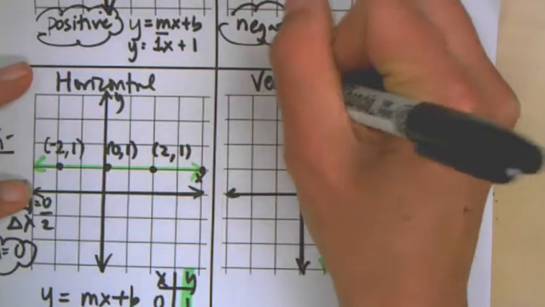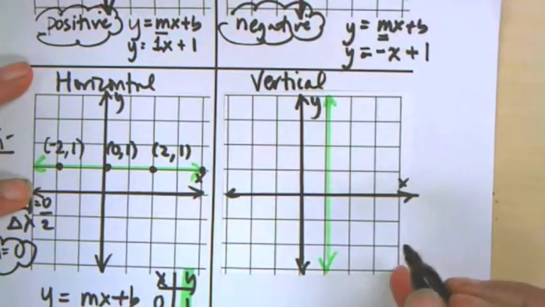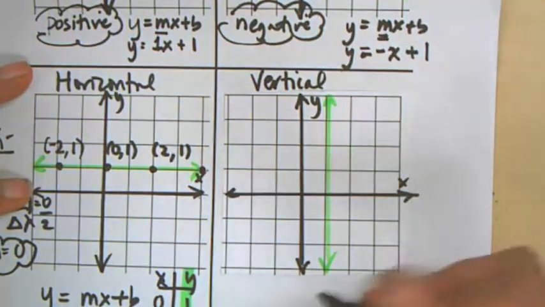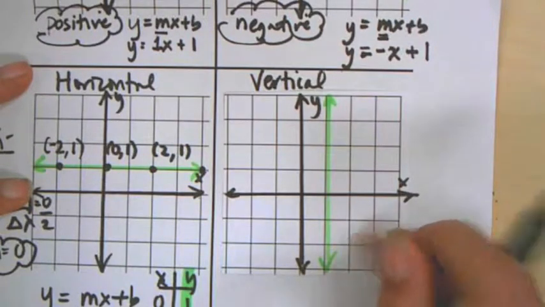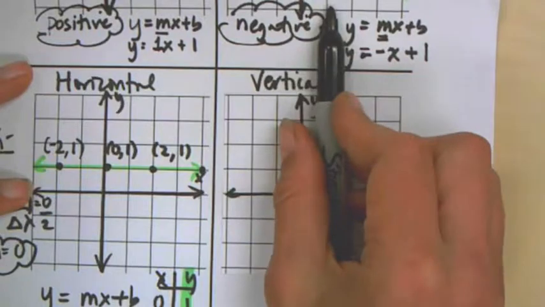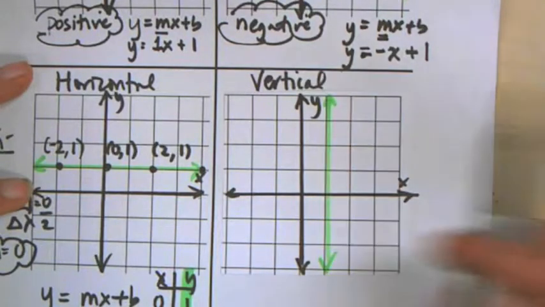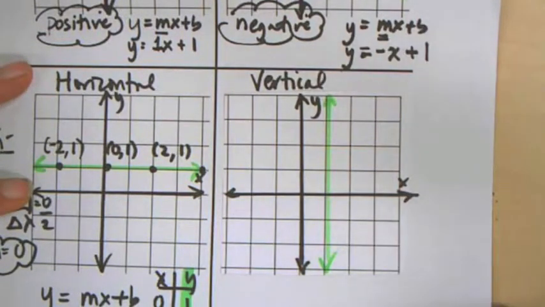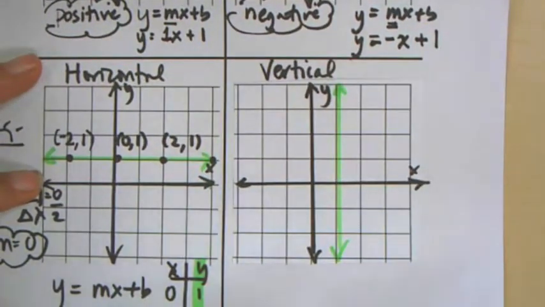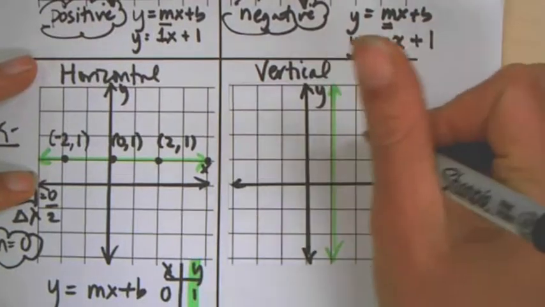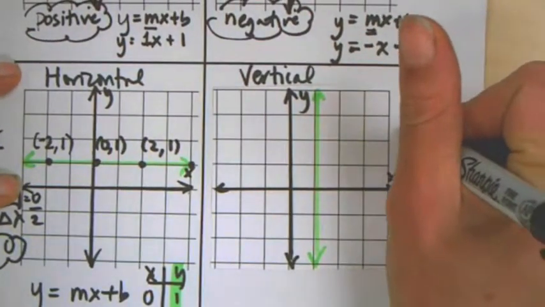Now, let's look at the other case here of a vertical line. Okay? And this here is not a function. We talked about the vertical line test, which is your test for whether it's a function. A vertical line definitely does not pass the vertical line test. So this equation of y equals mx plus b doesn't make sense because, and we'll see why in a second,